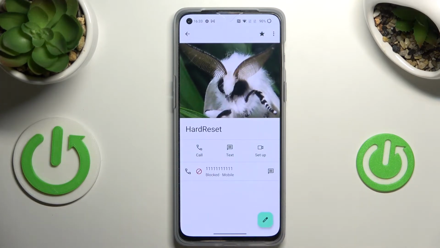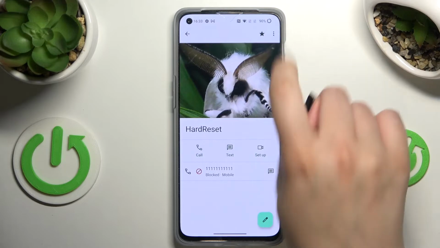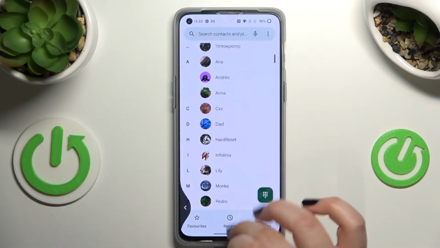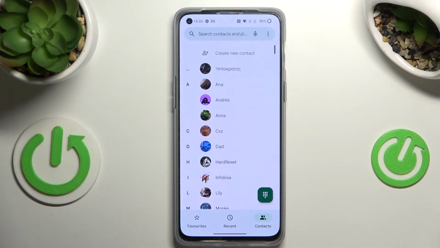We can see this characteristic icon. Of course, you can unblock it the same way, just by tapping on the three dots icon and tapping on unblock numbers, but let me leave it like this. We will see if it will appear on the blacklist. So that was the first way of blocking the number using directly our contacts, and now the second way,